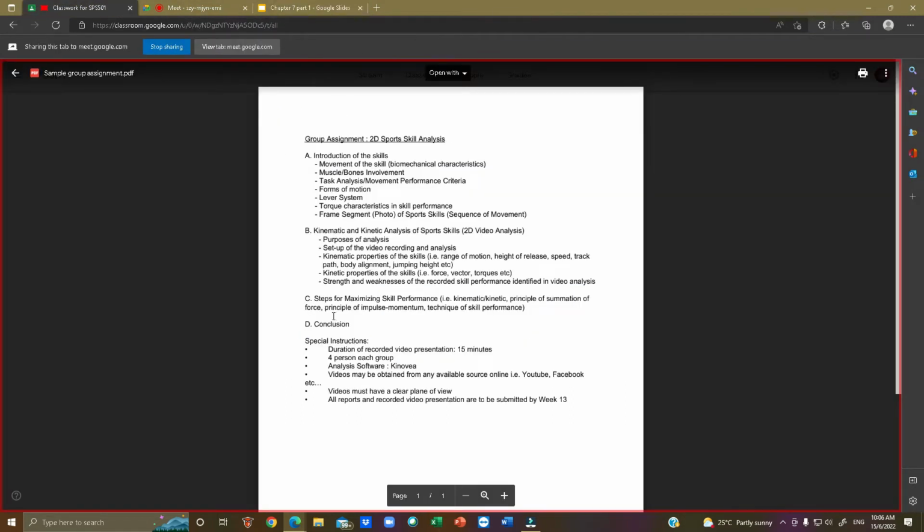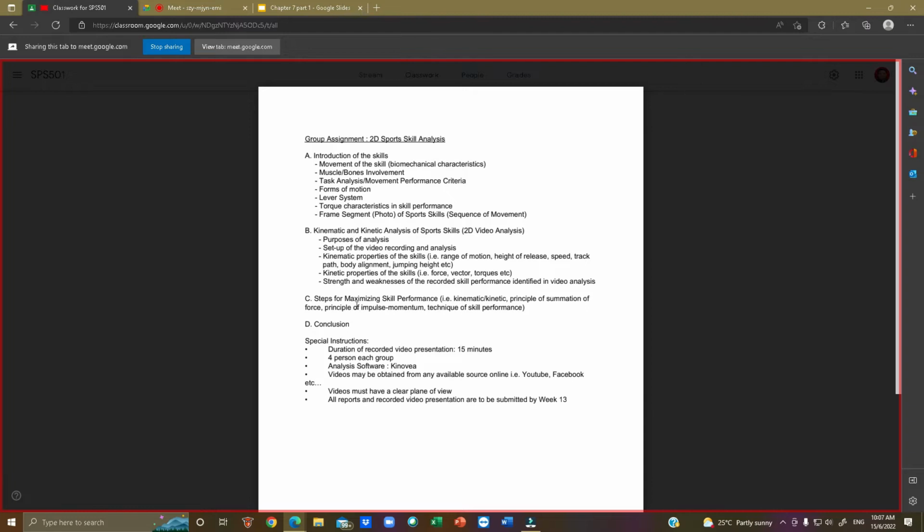Okay, selain daripada itu, you can actually present regarding kinematics, the acceleration, the body part acceleration, both linear and angular, the displacement, the distance, the velocity, all of those things need to be presented in second section of your presentation